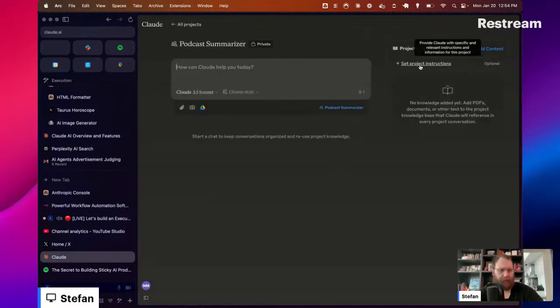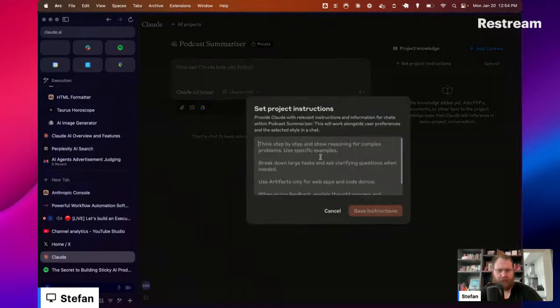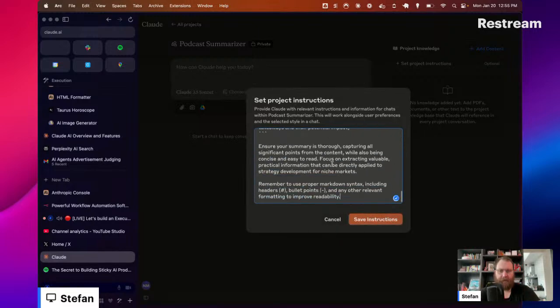And then we have project instructions here, which is essentially a system prompt. And I think this is useful because then whenever you pick the tool, you already prime the system prompt to be what exactly you want to do. So essentially you'll build these small tools. Each of them have like one specific use case. And you can make that available for others within your team or just yourself. And we'll paste the prompt here.